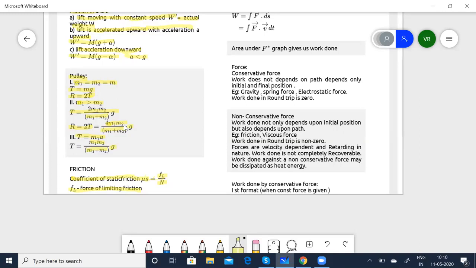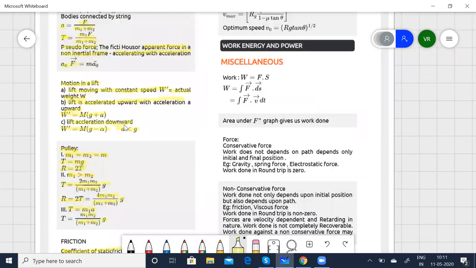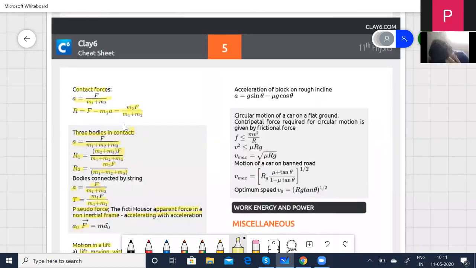Anyways, today I have planned to do this laws of motion in two parts. Today I'll be covering one part, and tomorrow I'll be covering another part. So I'll just give you an introduction of friction today, and I'll be doing this in detail tomorrow. The frictional force, what are the types of frictional force, what is limiting friction, what is static friction, everything I'll be doing in detail tomorrow. So now I'll just give you an intro of what is friction.